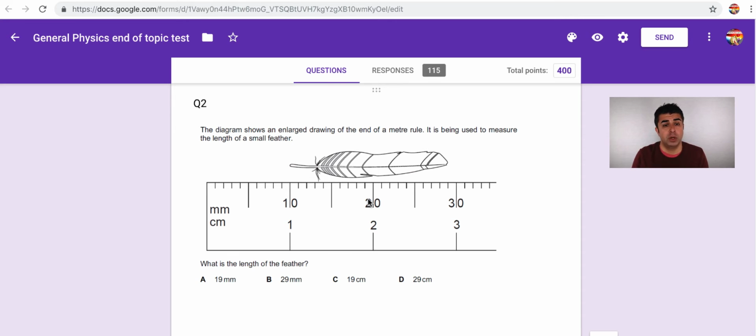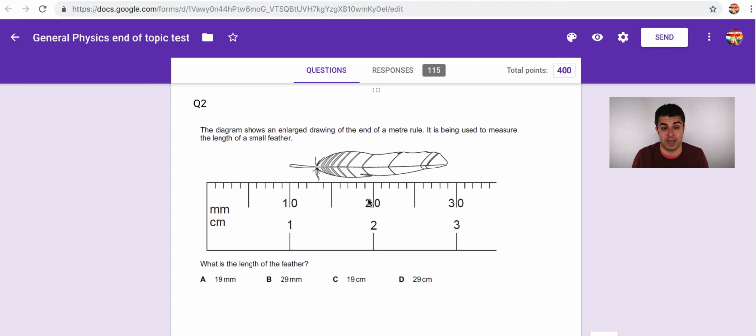Question number 2. The diagram shows an enlarged drawing of the end of a meter rule. It is being used to measure the length of a small feather. What is the length of the feather? Well, quite clearly, by looking at this section of the meter rule, it starts at 10 millimeters and it finishes at 29 millimeters. Now, the mistakes in this kind of question is a student starting from 0